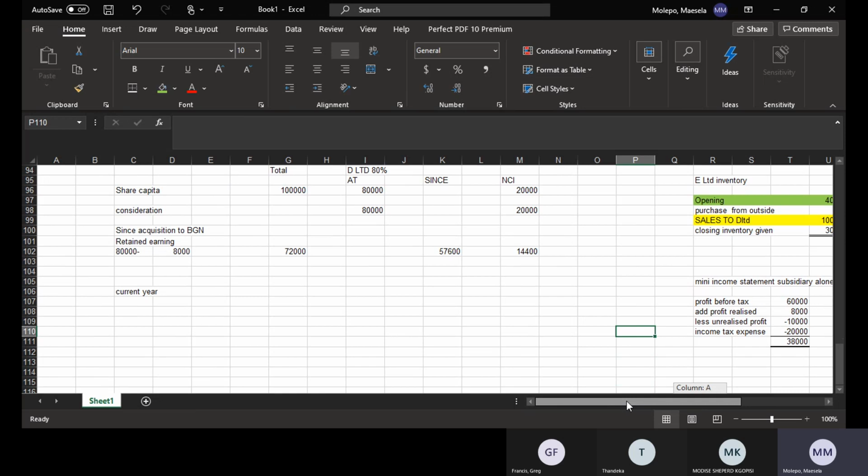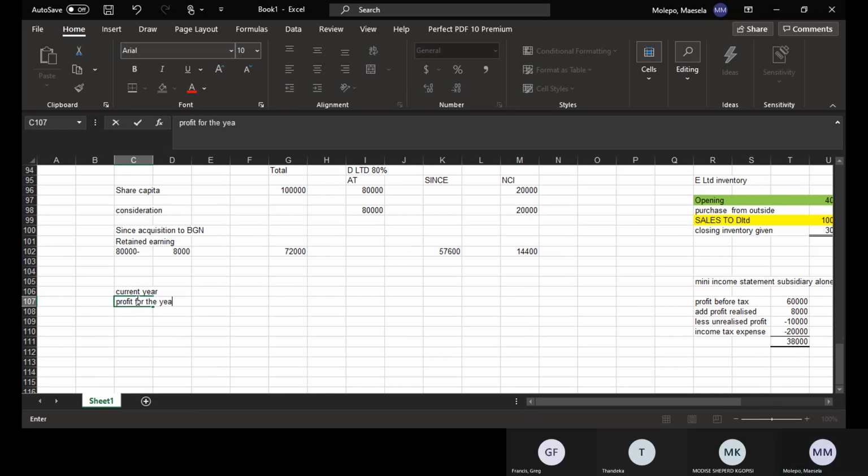So we have to take it further to here: profit for the year is 38,000. And then we do our percentages as usual. Then it will be 3,400